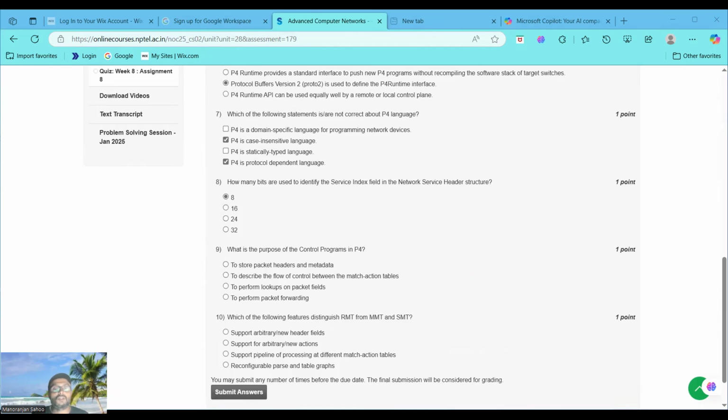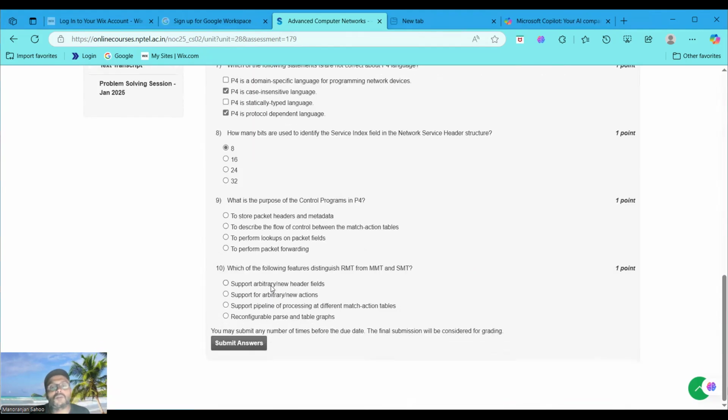Now, moving to question number 9. What is the purpose of the control program in P4? It is to describe the flow of control between the match action tables. That is 9 option B. You may choose the right answer because